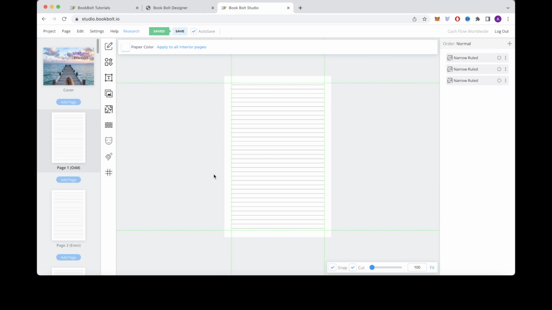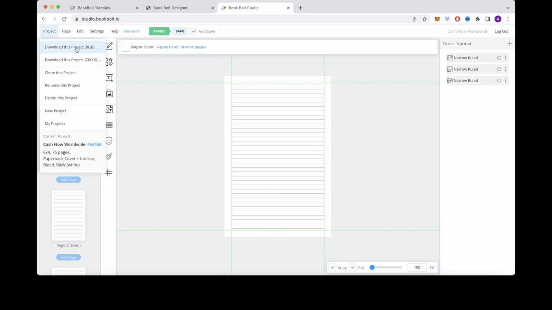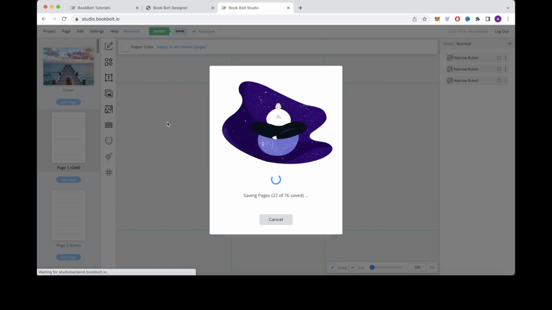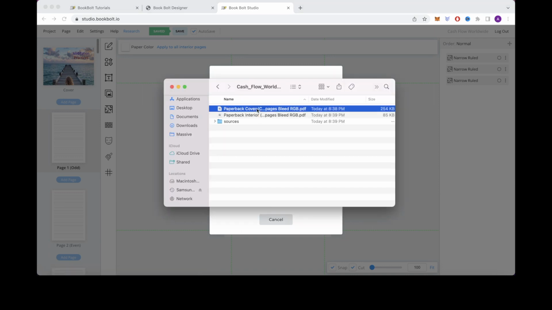After you do that, you'll just click on Project right here, and then click on Download this project to download your new book. Once you download your book, you'll have 2 different PDF files, which will include your cover page and your interior pages. So now you're going to want to add your books on Amazon, which is where you'll